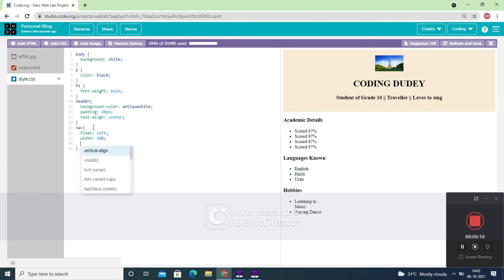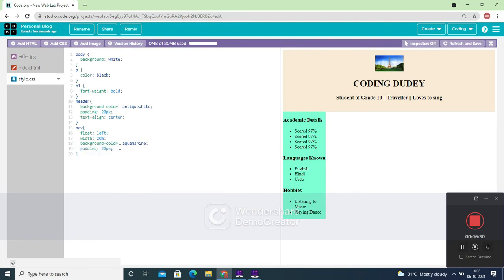The next is the background color, whichever color you want you can directly give. I have chosen aquamarine. Let's see. Okay, now let's give some padding here.